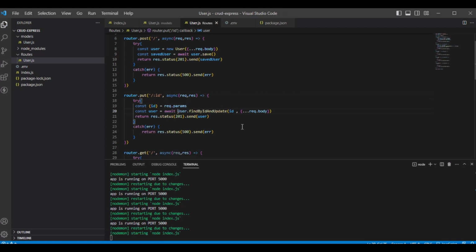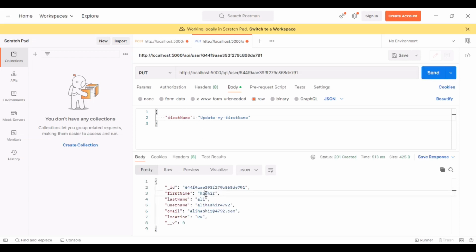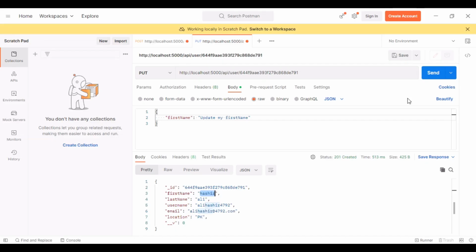Save it again, and coming back here, we try to update it now. But as you can see, it actually updated my data, but my first name is still coming old. Why is it? Because if I want to get the updated data right now, I need to pass one more param here, new: true. So now it should send us updated data. So let me quickly save this, and now if I update my first name again, it should send the updated